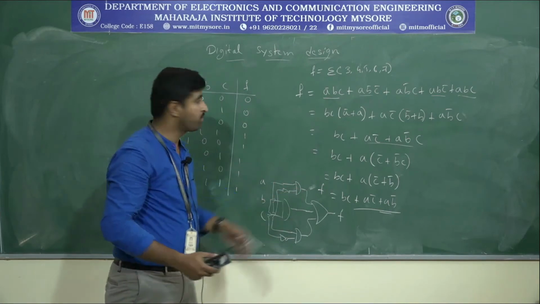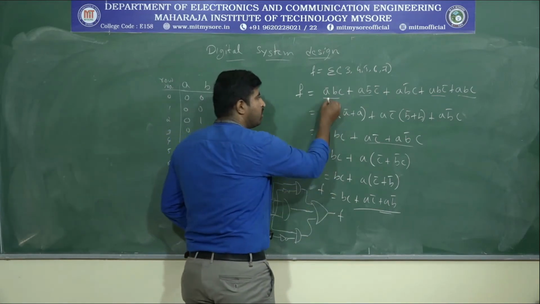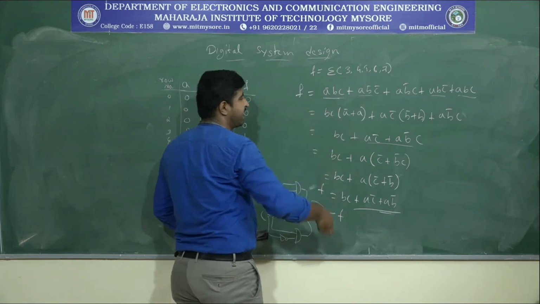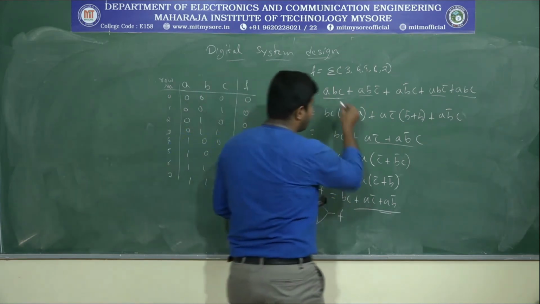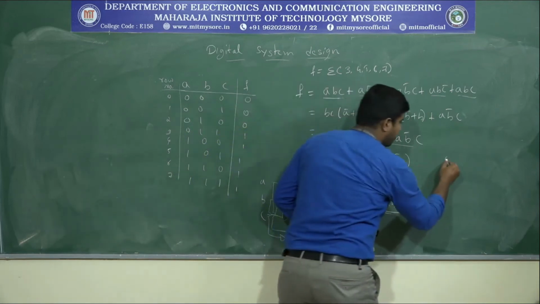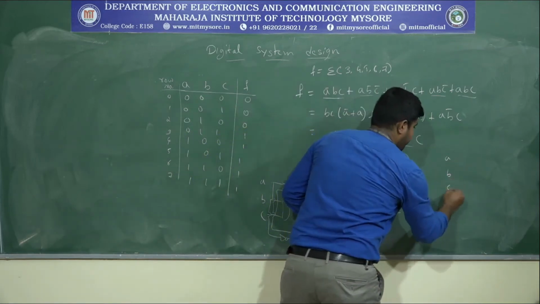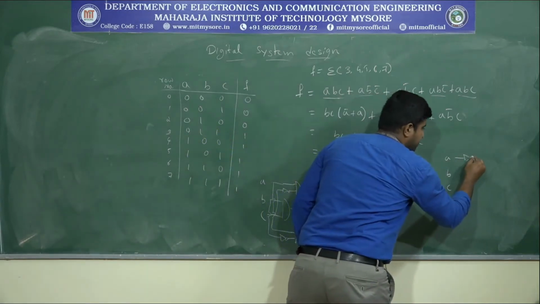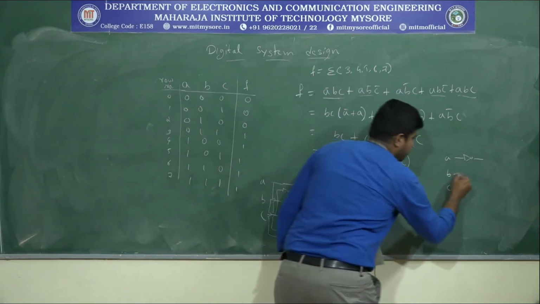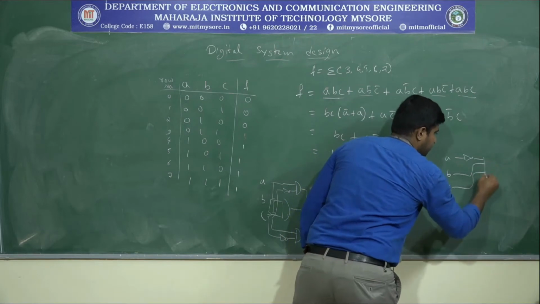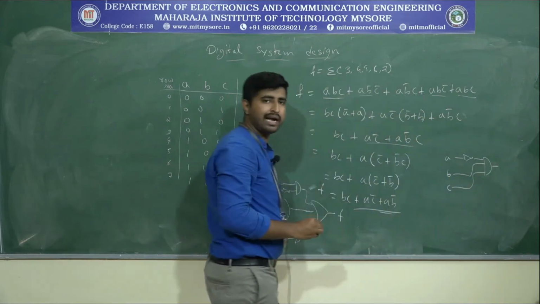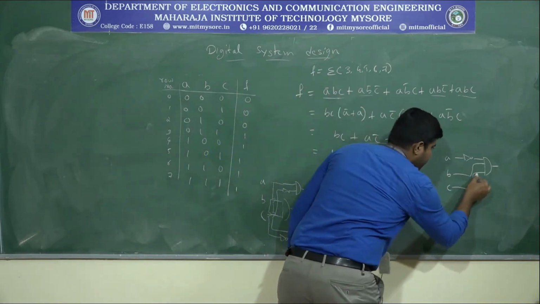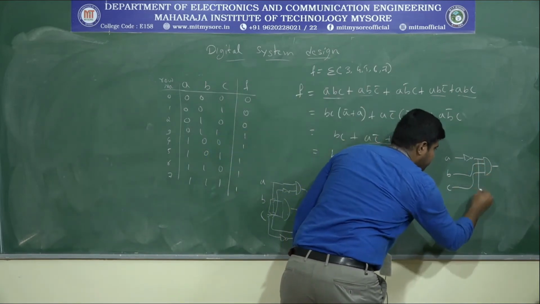6 gates are there. But if you see here, to do this one we need one AND gate actually. So for example, I will take this equation only. A, B, C. First we have A bar. Let's take this A bar. Then B, C, AND gate. Next A, B bar, C bar. So I will take the A here.